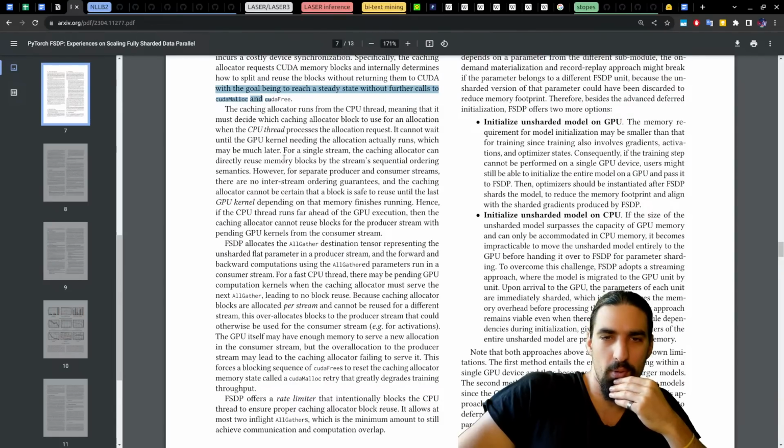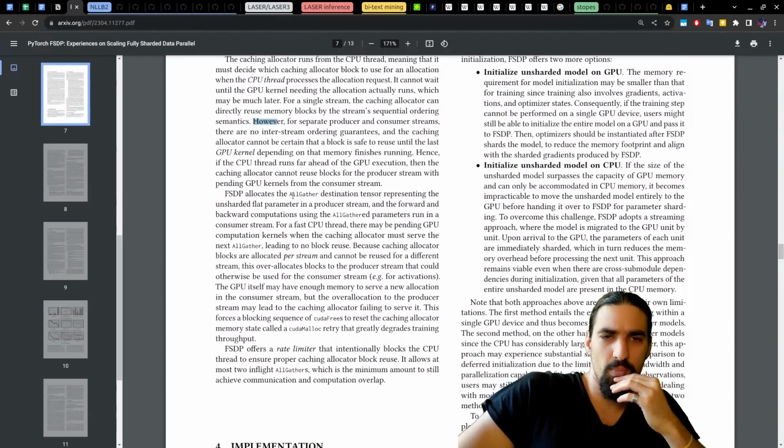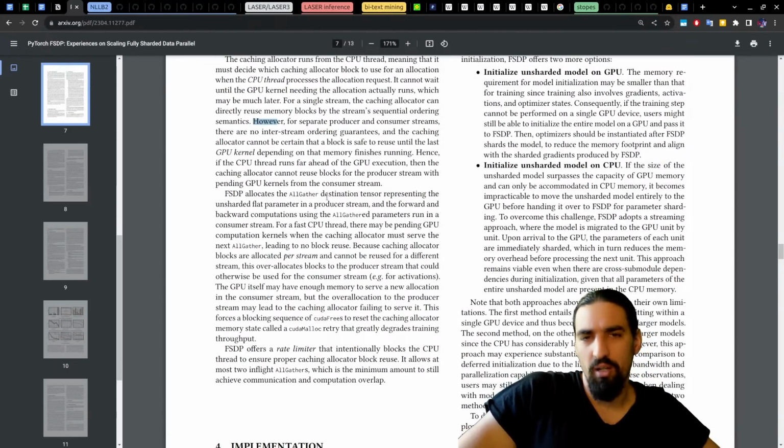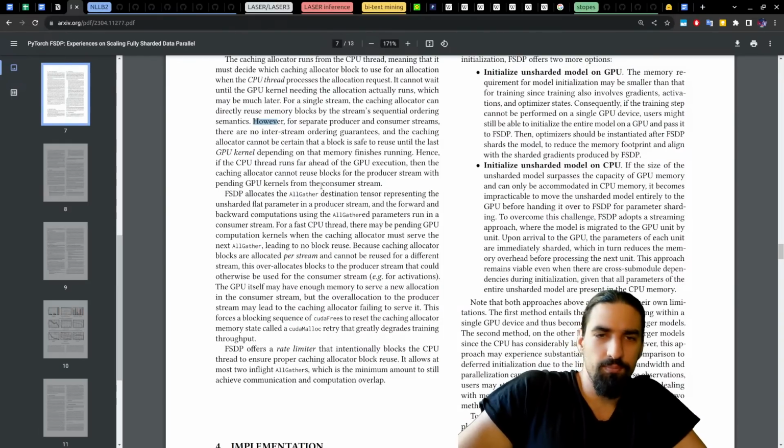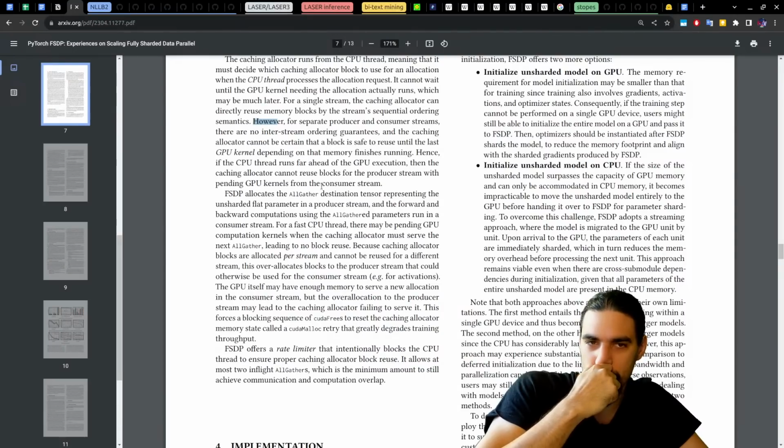However, for separate producer and consumer streams, there are no inter-stream ordering guarantees, and the caching allocator cannot be certain that a block is safe to reuse until the last GPU kernel depending on that memory finishes running. Hence, if the CPU thread runs far ahead of the GPU execution, then the caching allocator cannot reuse blocks for the producer stream with pending GPU kernels from the consumer stream.